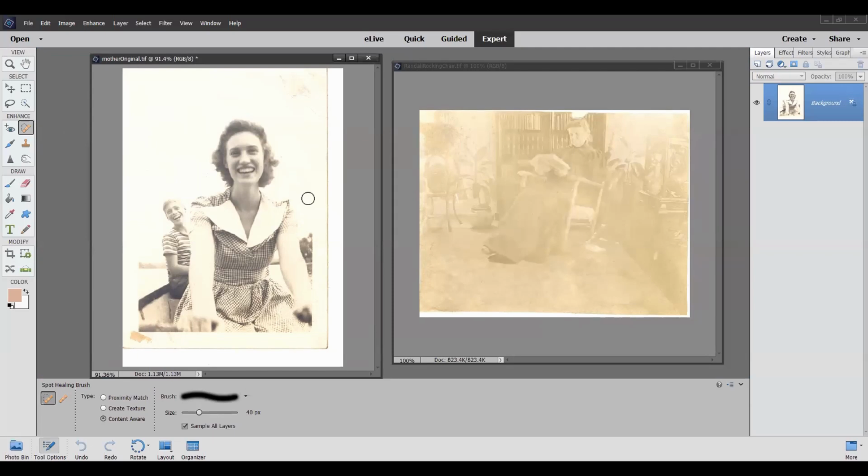And everybody works differently. I always like to get the easy things out of the way first before I tackle any hard things. And each image has its own unique problem. And what works in solving that problem for one image will not work for another. So when you look at your images and you want to correct them, or you want to restore them, or you want to retouch them, you need to figure out exactly what the problems are. That way you don't get